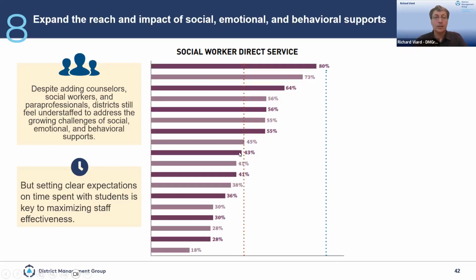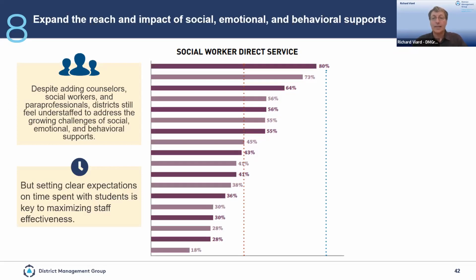And our clients are always surprised when this report is shown that on average, they spend less than 50% of time with students. And the first reaction is always, well, your data is wrong. And then we actually open schedule after schedule, and we see that it's actually accurate. Now, the averages can be misleading because some people, and you can see on this chart, are spending 80% or 73% of their time with students. So there's a misalignment of what the expectation is, and maybe staff are overwhelmed with paperwork, with meetings, etc.